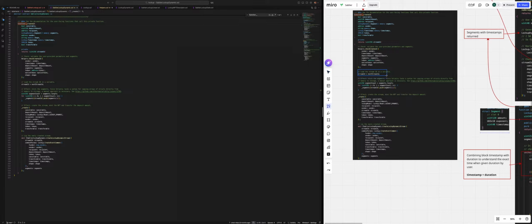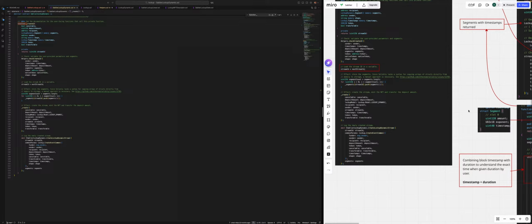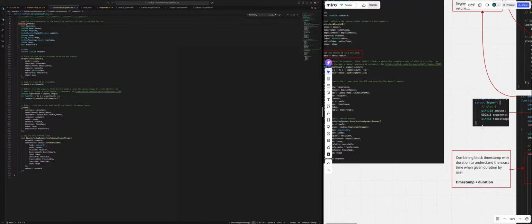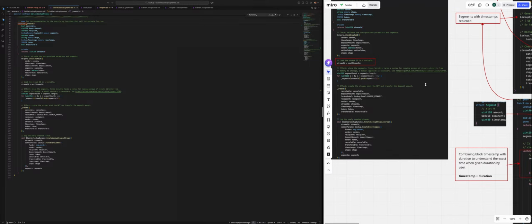It loads the stream ID. And then it creates, and then this, what it is, segments, right? Segments is an array of segments,